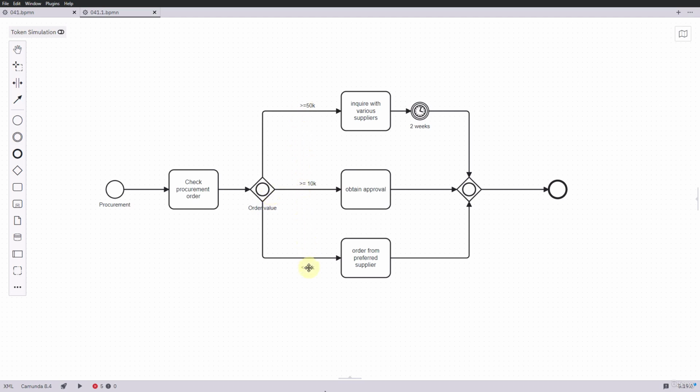Let's take a look at this procurement process. The symbol for the Inclusive Gateway is similar to that of the Exclusive and the Parallel Gateway, a diamond. The difference lies inside. The Inclusive Gateway is characterized by a circle, which represents the concept of inclusivity. When modeling with the Inclusive Gateway, it is important to consider all possible outputs and define corresponding conditions that define